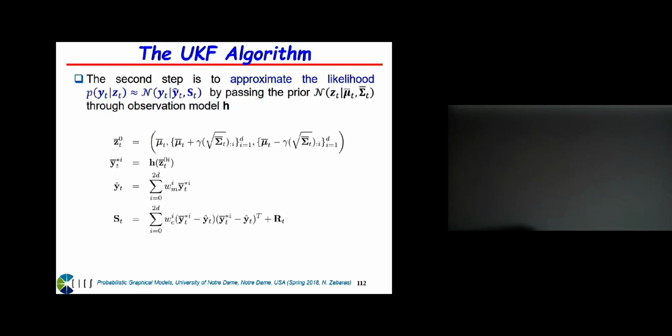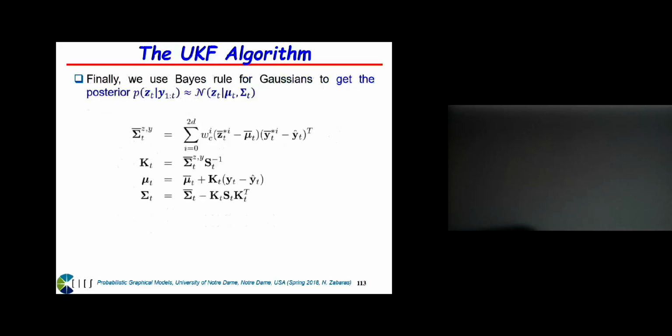So if you have this and you have p of z there, basically just Bayes' rule directly can give you the filtering distribution. So this is just from the formulas for Gaussian linear models, right? Nothing specific. This UKF algorithm, if you're going to do Kalman filtering, is the desirable algorithm because